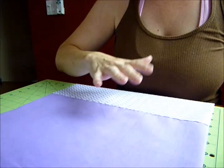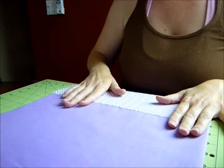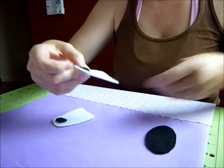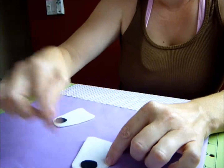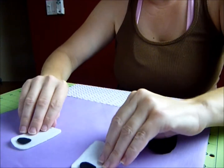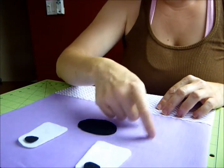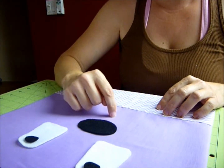Okay, so I've ironed my piece here nice and straight. Made sure my seams are matching. What I'm going to do next is take my cutout pieces of my puppy, and what I do is I sew these guys on. I'm going to put them like that, and then what I usually do is I take a pencil and I draw on there, and then again I just take my black thread on my sewing machine and I just sew